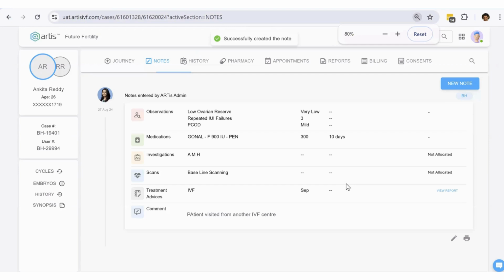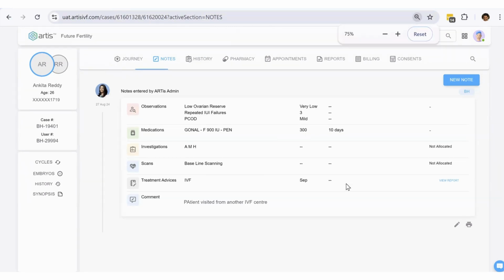Okay, now you can see the details are captured here. What you can see here is observations, medications, investigations, scans, and treatment advice. Everything is written here. Now when the doctor does this, it also takes care of a few other